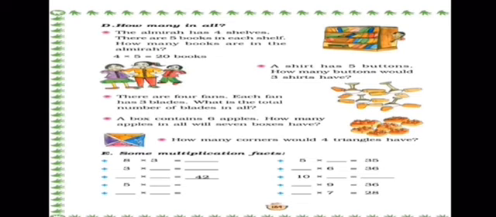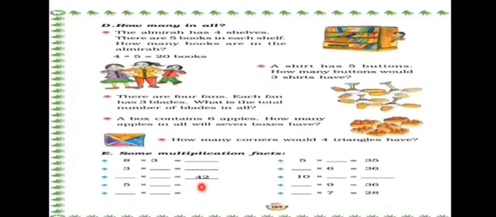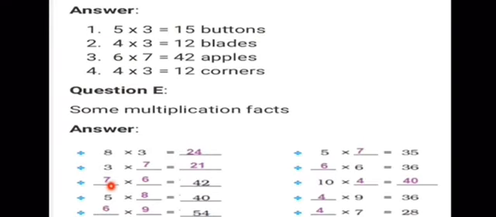Now let's start with some multiplication facts. 8 multiplied by 3. So 8 3s are 24. Now 3 multiplied by dash is equal to dash. So over here 3 is given, so we have to take any number to multiply. That's your choice. So here I have written 7. So 3 7s are 21. Dash multiplied by dash is 42. So which number will be multiplied and the answer you get is 42? So 6 7s are 42. Yes, or 7 6s are 42.